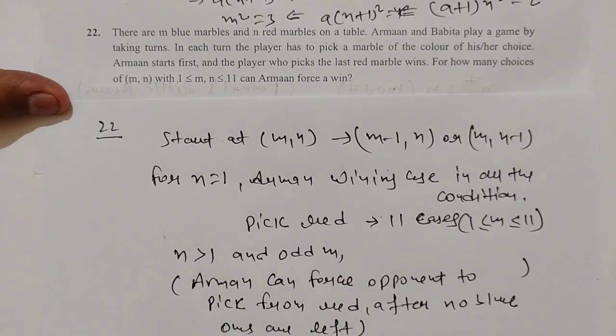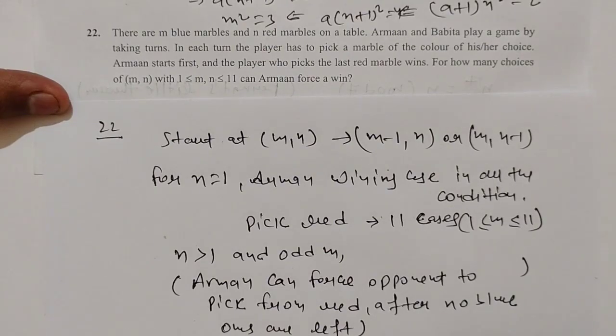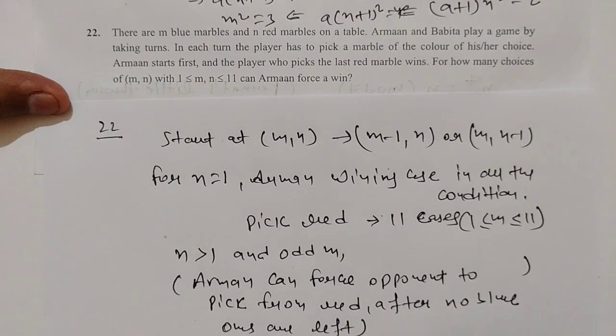And here we have the cases for n equal to 2, 4, 6, 8 and 10, all even, and m equal to 1, 3, 5, 7, 9, 11 for the odd choose. So here we have a total of 30 cases,